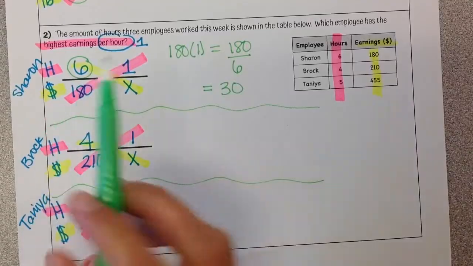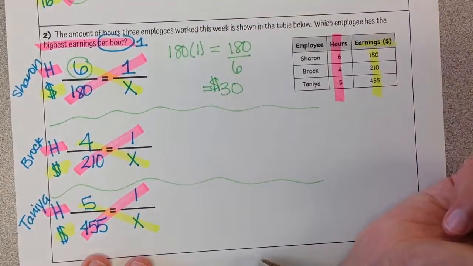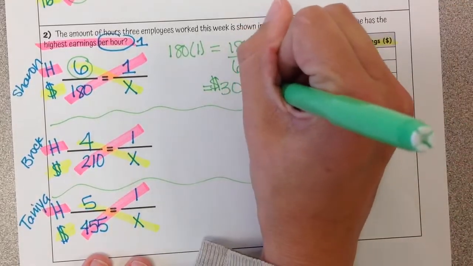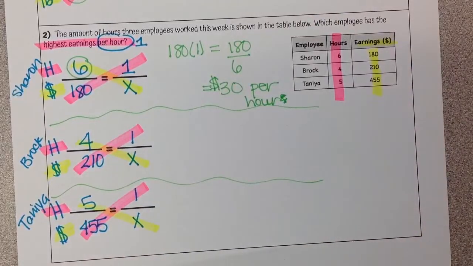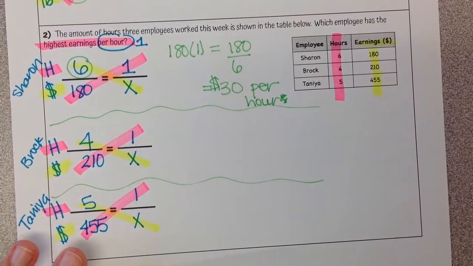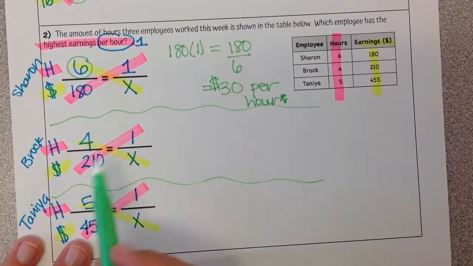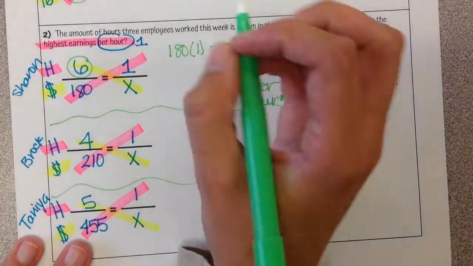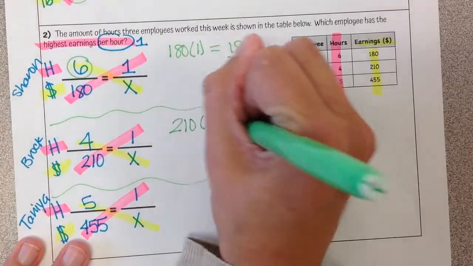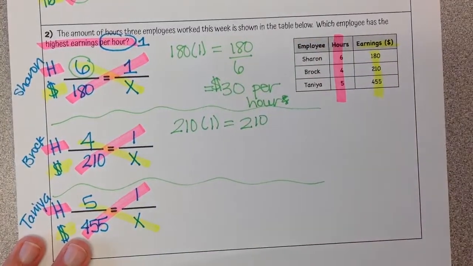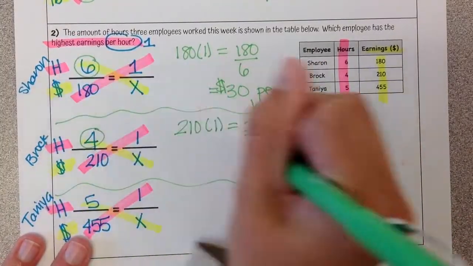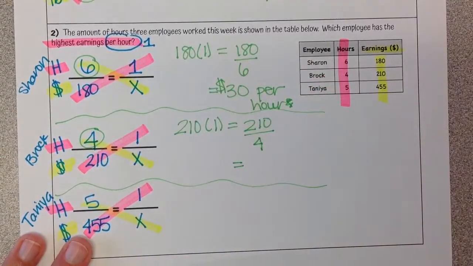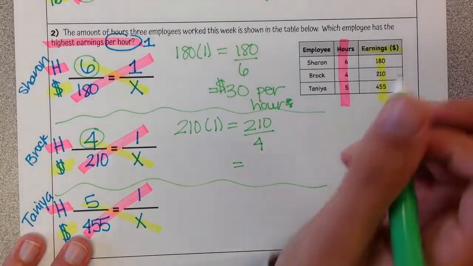What were we solving for? We were solving for the money. So $30 per our other unit of hour. So Sharon is making $30 per hour. The next scenario, the diagonal that has 2 numbers is the pink again. So 210 times 1 equals 210. Divide by the number that's in the same diagonal as the variable, which is 4. 210 divided by 4 is